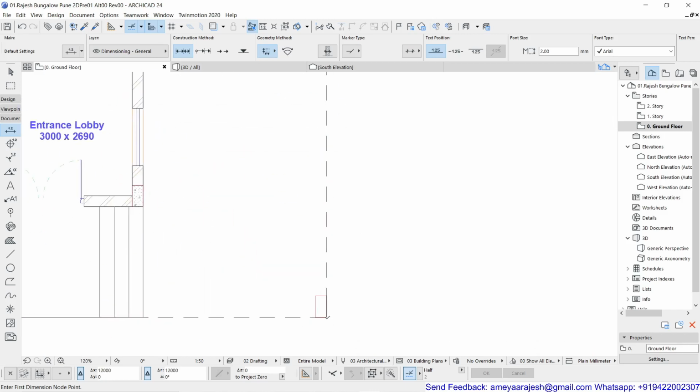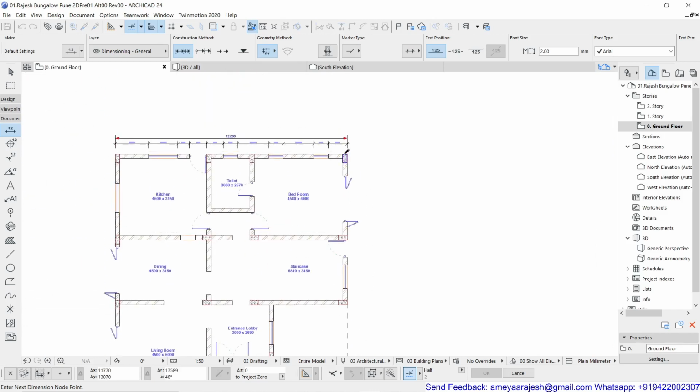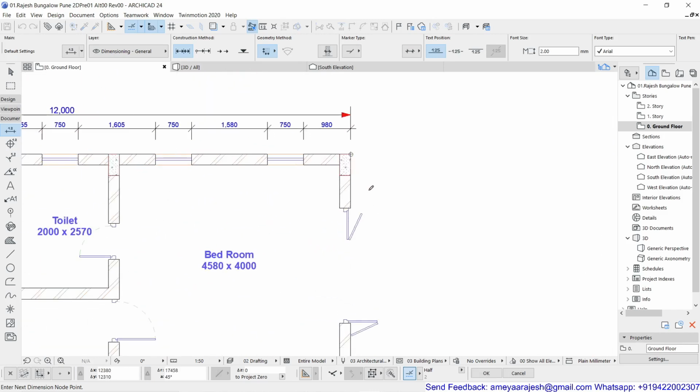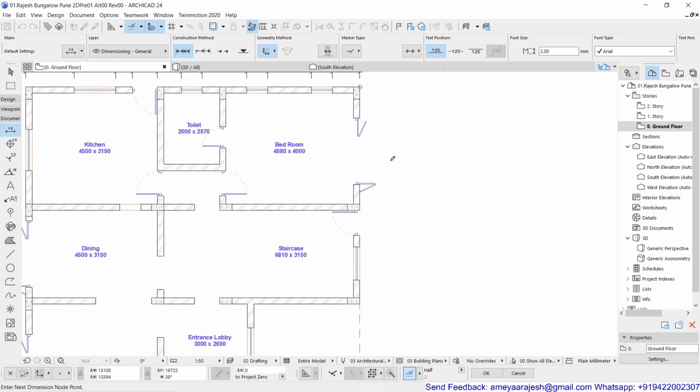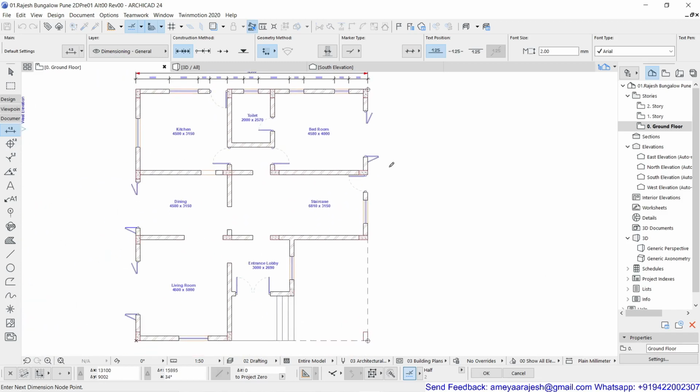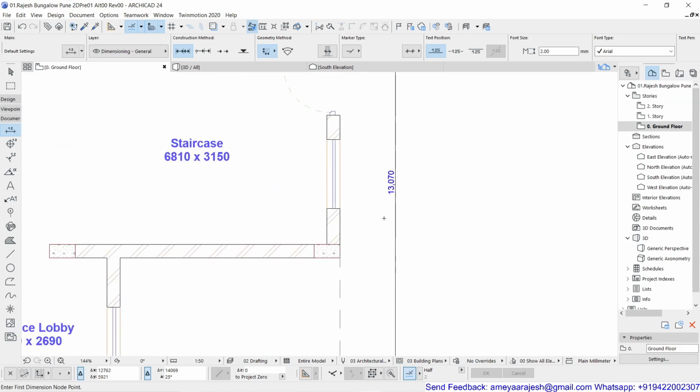So now with the check mark, I'm using one point as my first dimension node, and then this is my second dimension node. Minimum two nodes were needed, so I have just completed that. Now to place my dimension, you know it very well, just keep your mouse on the empty part of the drawing with a hollow pencil and double click. You will get the dimension line mark, see that is the hammer cursor, and your prompt says where to place the dimension line. You just pick one point as per your convenience. Now your dimension is already placed.